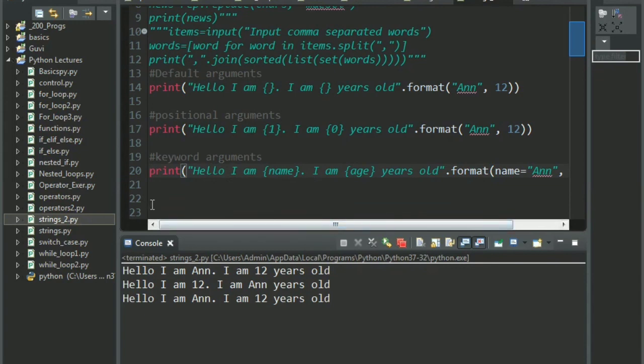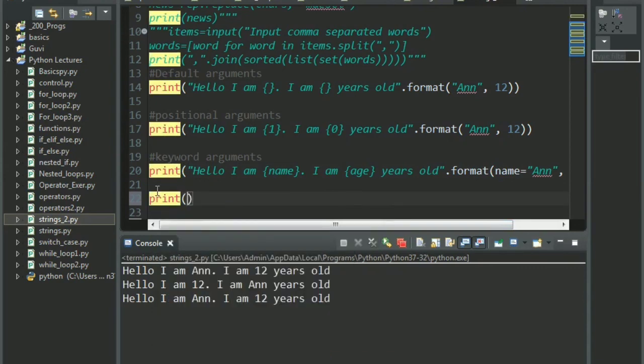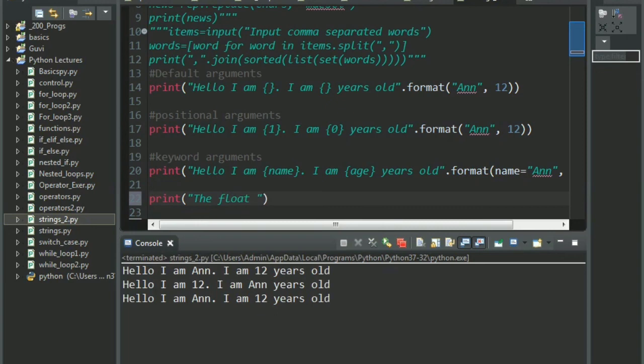That is, let me just give a print statement saying we were dealing with strings, right? What if we want to format a certain number? So I say the float, I'm taking float for example, the float number is, and again inside curly braces I give a colon and F here.